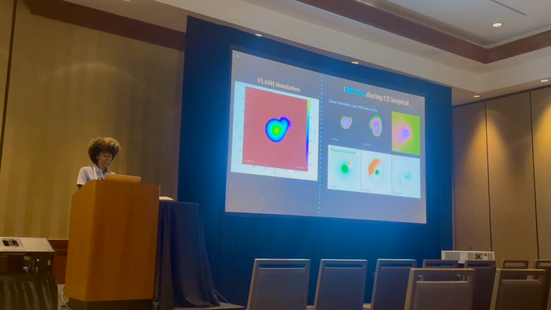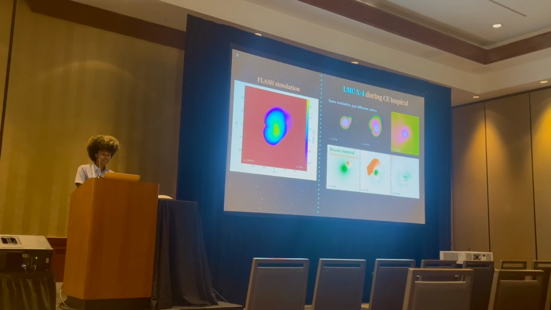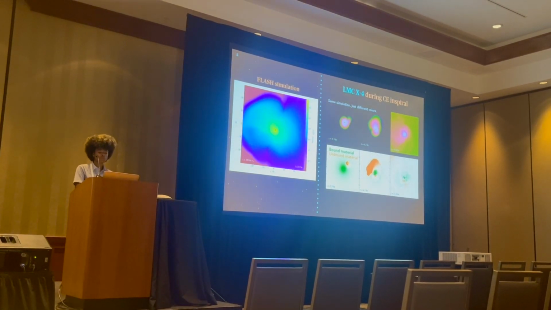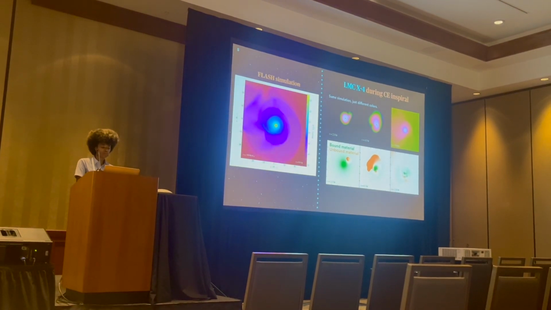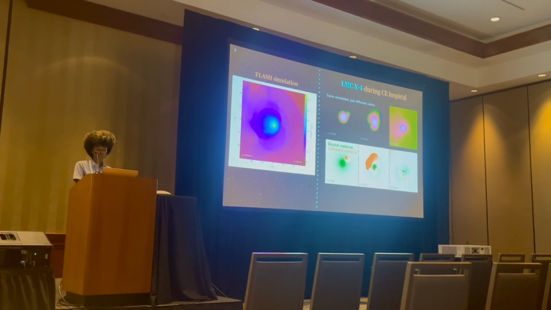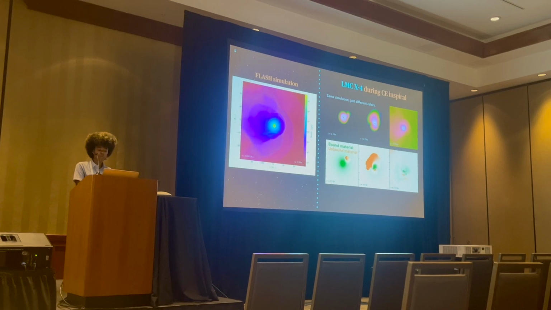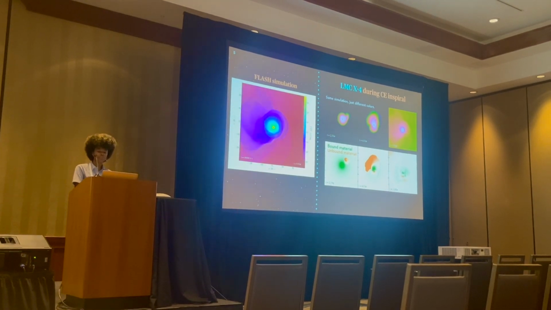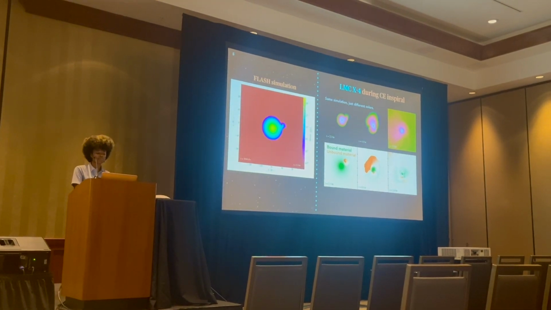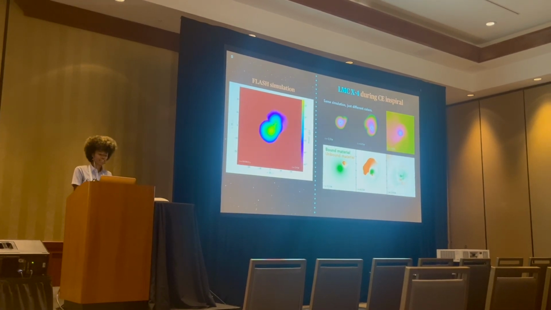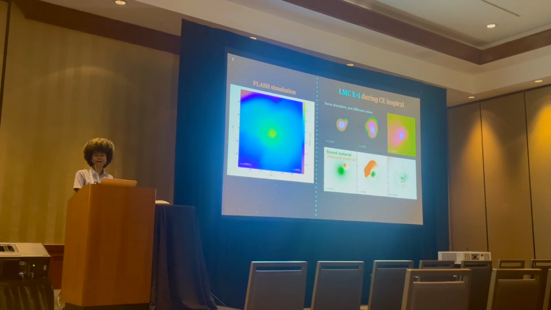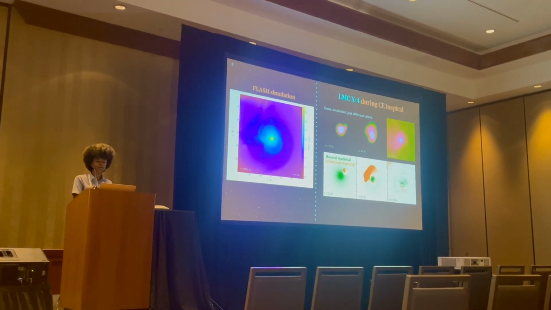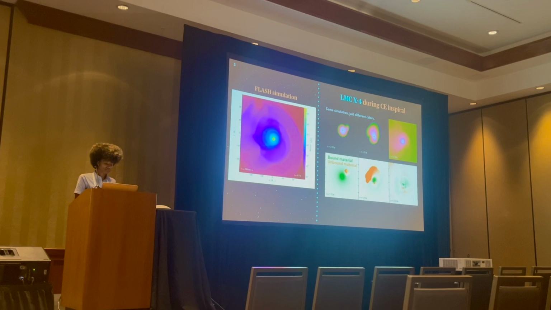If we take a look at the right side, the top row just shows snapshots of the same simulation, and the bottom row shows the corresponding energy at those timestamps. The orange represents which material is unbound, and the green is which material is still bound. As expected, the envelope is not removed, although a small fraction of the envelope mass is ejected, but overall most of it is still there.